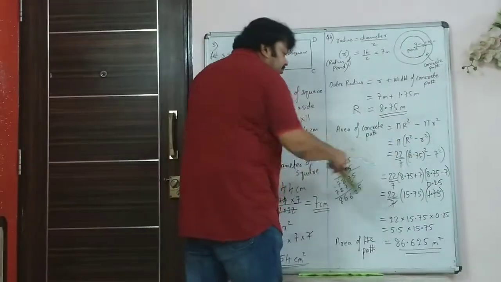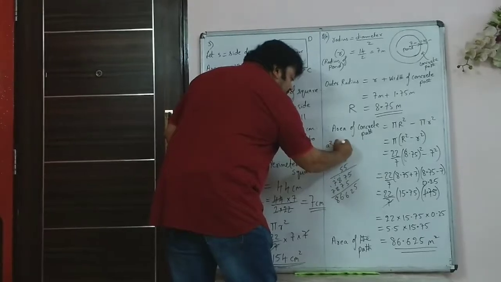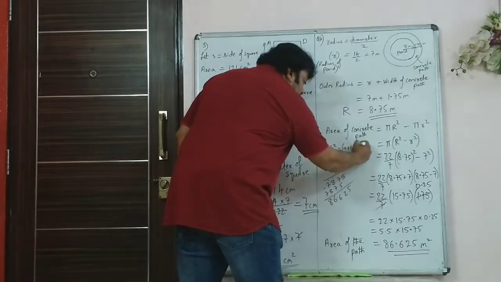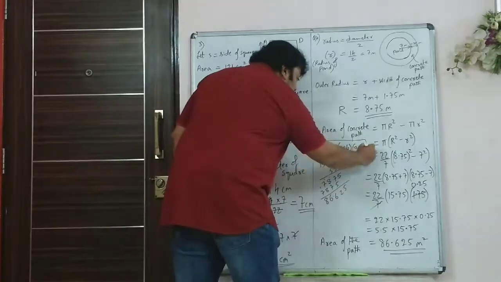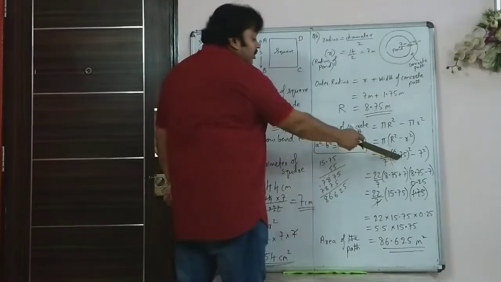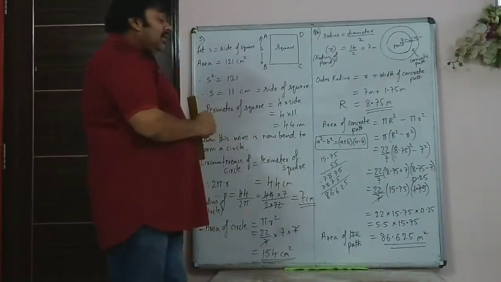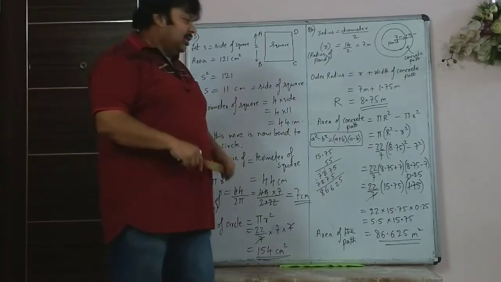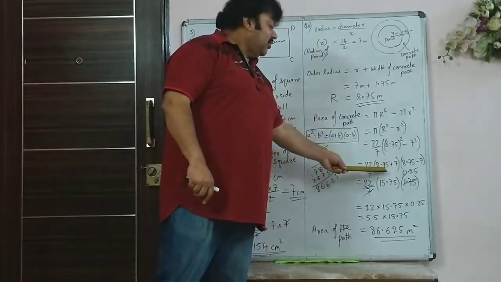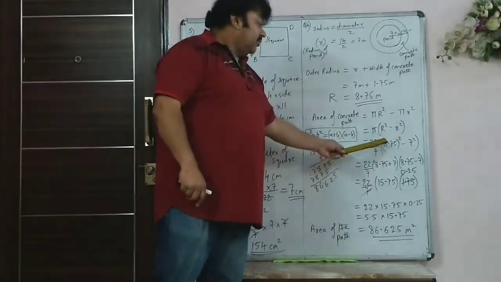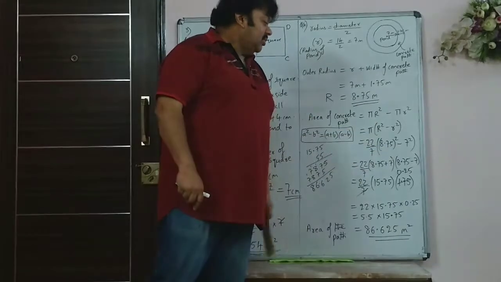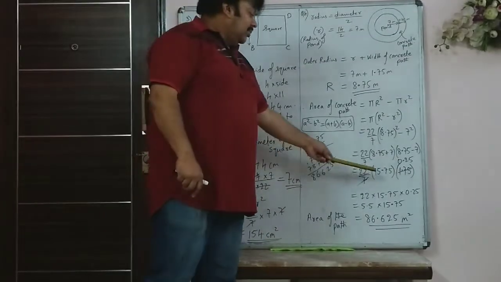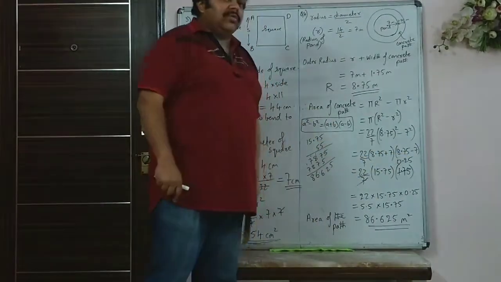Now this is of the form a squared minus b squared. You've done factorization, so you know it is a plus b into a minus b. So you can use this and avoid doing the squaring. If you do squaring also, it is fine, you will get the same answer, but it may take a bit more time. So 8.75 plus 7, which is 15.75, and 8.75 minus 7, which is 1.75. So when you divide 7 by 1.75 you get 0.25.